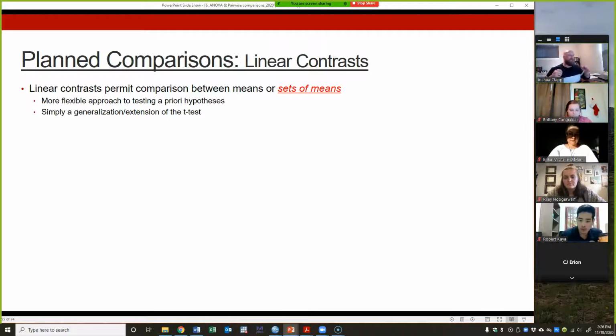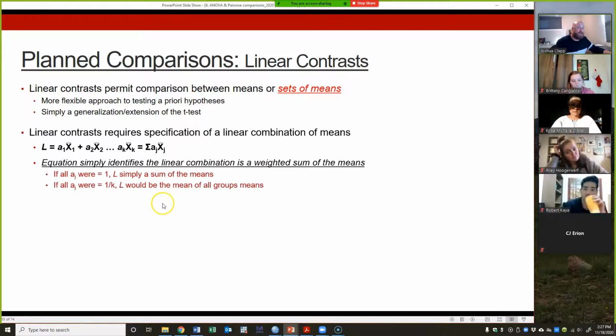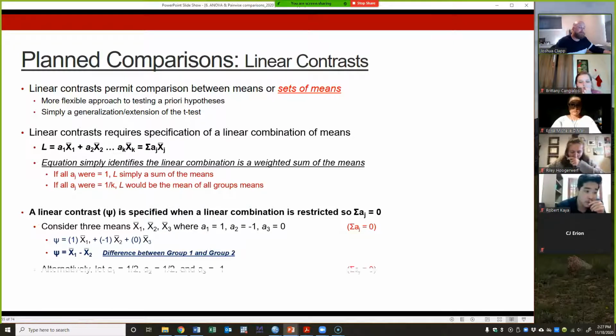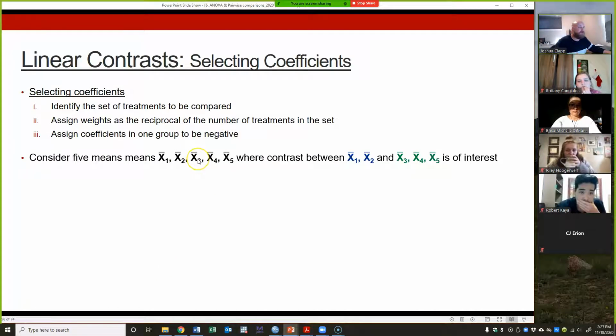So we ended class last time talking about follow-up tests for our ANOVA models. And we went through and talked about our linear contrasts, okay? Remember that we said that with this linear contrast, we identify our contrast through our psi symbol here as just a weighted sum of means, okay? So in order to do this, we're going to have some sort of planned comparisons